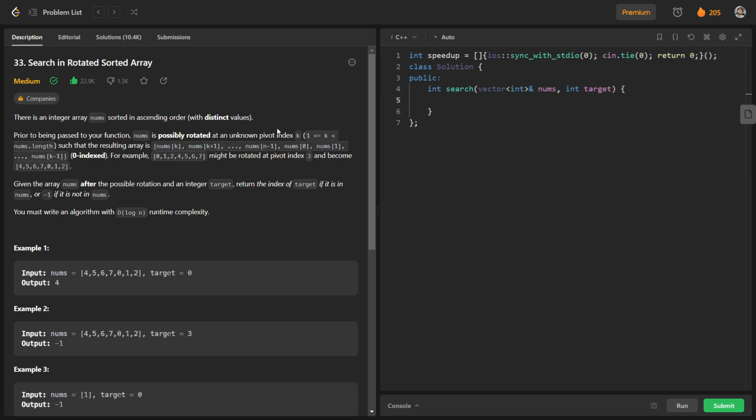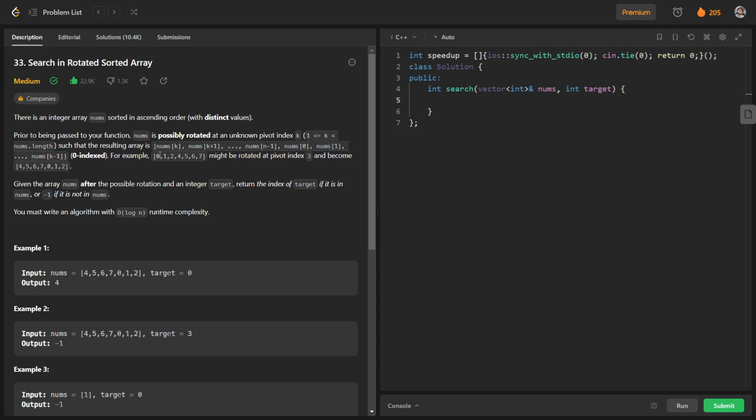So basically if we rotate the array at index k, all the elements from index k onwards, including k, will come first, at the beginning of the array, and all the elements which were before this index k will come afterwards. So you can see how this array is going to be changed. All the indexes from k to n minus 1 will be written first, and all the indexes from 0 to k minus 1 will be written at the last.